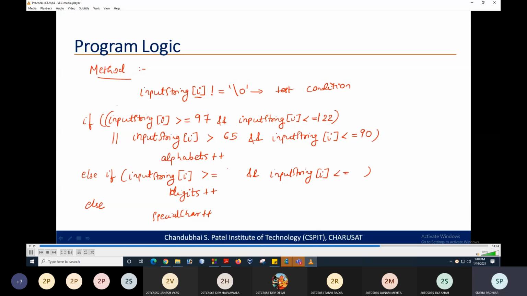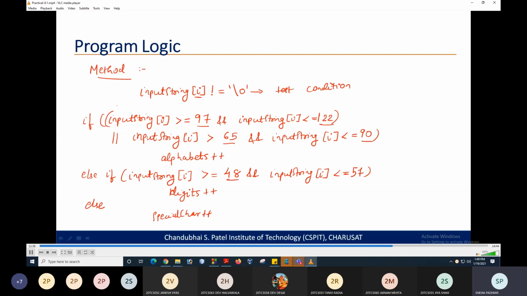So again, you can also use ASCII values for the digits. So for the digits 0 to 9, the ASCII value is 48, and for 9 it is 57. So you can check between the range 48 to 57. But remember, these are the ASCII values.